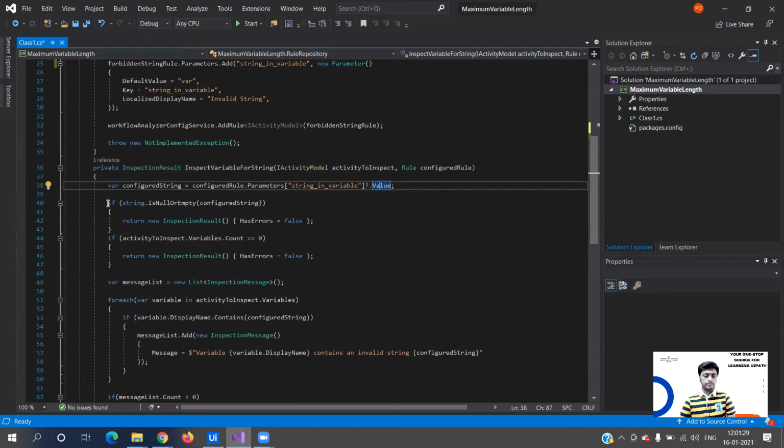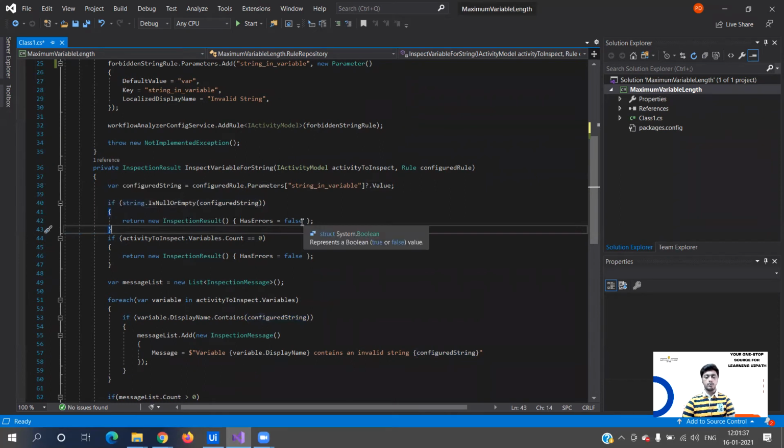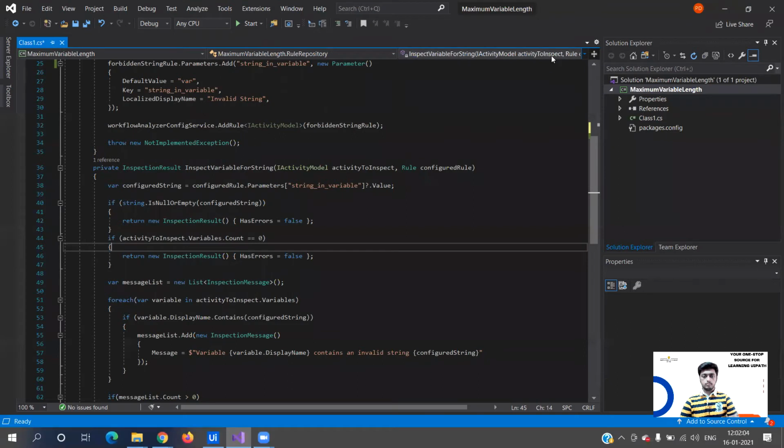Now what if my configured string is null or empty? Then what I'm going to do is return inspection result, HasErrors equals false, because there are no errors. So we are passing it as false. Now the second thing is, what if my variable count is 0? Then again, I have to return the inspection result HasErrors equals false.